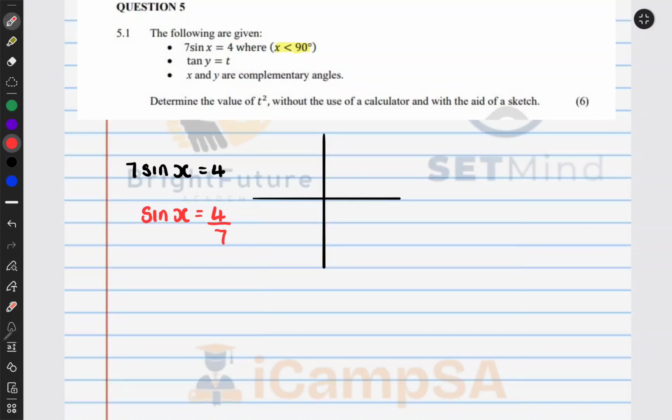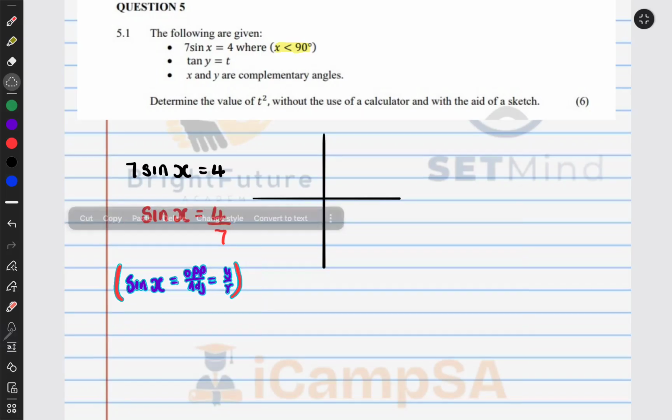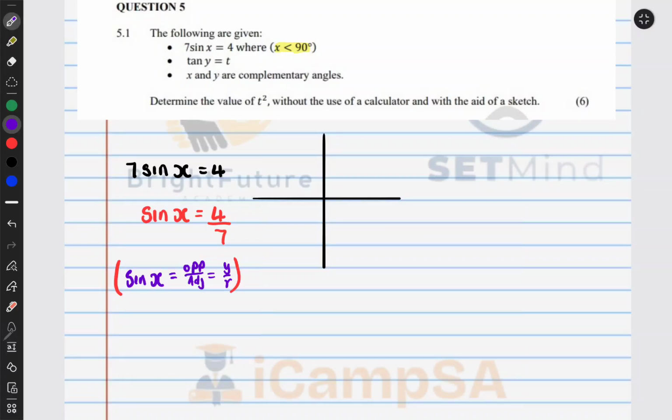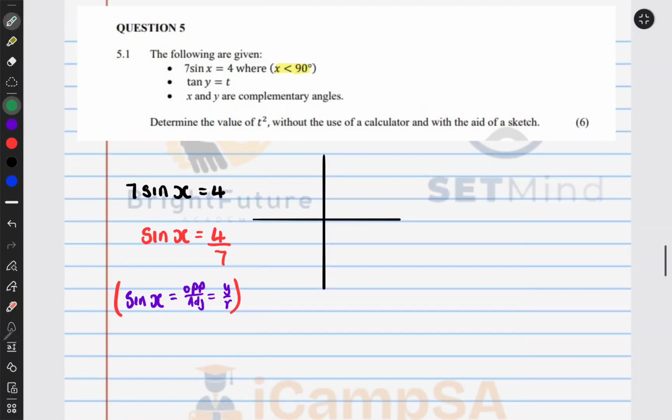So in other words, let's put this one in brackets, sine x is equal to opposite over hypotenuse, or y over r. Put it in brackets, shift it a bit. So we come here, we have that information, and we are told that x is less than 90 degrees. So it means that x will be found between 0 degrees and 90 degrees. Let's label our Cartesian plane: 90 degrees, 180 degrees,